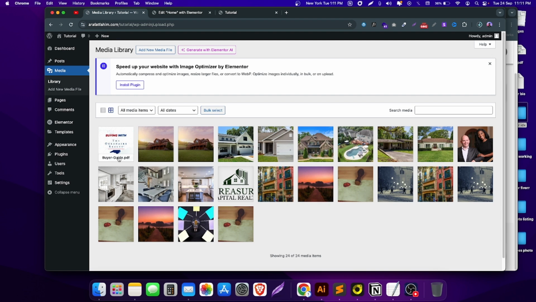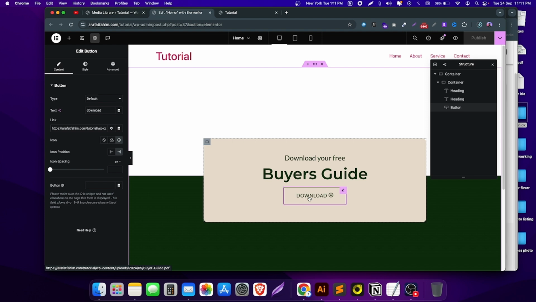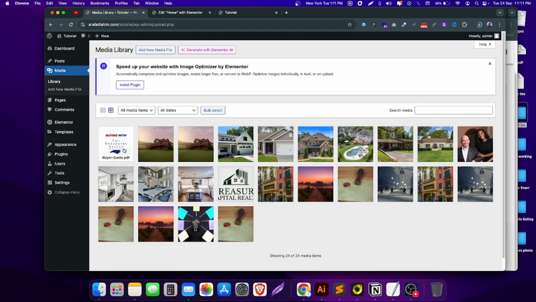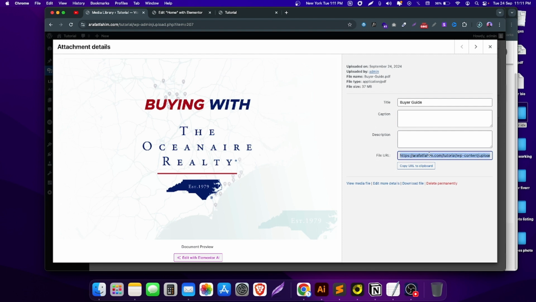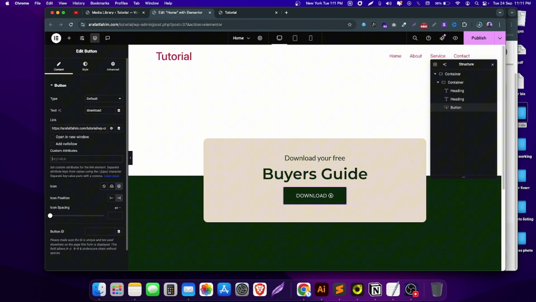So now you just go to your Elementor editing panel, and here I have already designed the structure, and this is our button. So click this button and go again to the media, click this file and copy this link or URL, then go to the editing panel, then paste it here, then click this gear icon, and you can see key, vertical bar, and